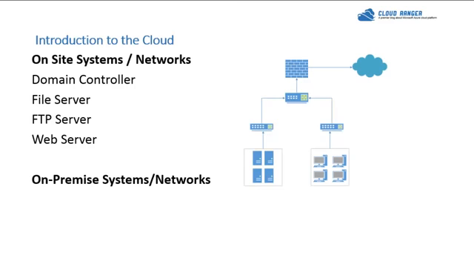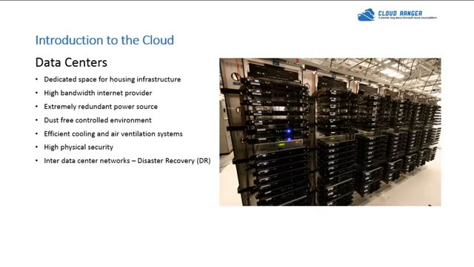So you can get a picture of the complications or assumptions that you had to make to keep things on site or on premises. So a bunch of people got together and said that we are going to create something called a data center. What a data center essentially is, is a dedicated location with space for housing your infrastructure. As a company, you'd go there and say, I need about 3 racks, or 1 rack, or I need a cage. I'm going to bring my own servers, my own infrastructure, server systems, networks, and everything. I'm going to hook them up together. And the data center, that's what their business was.